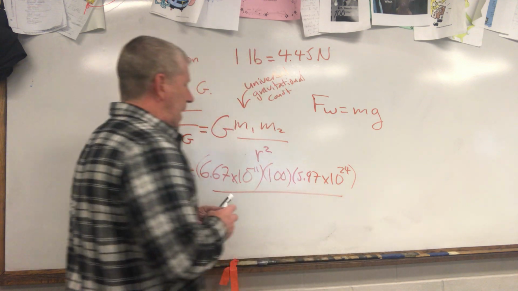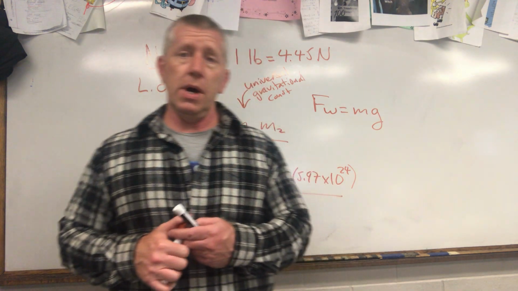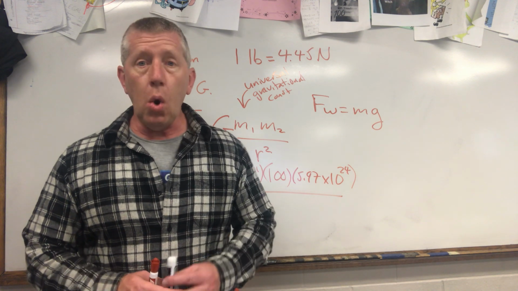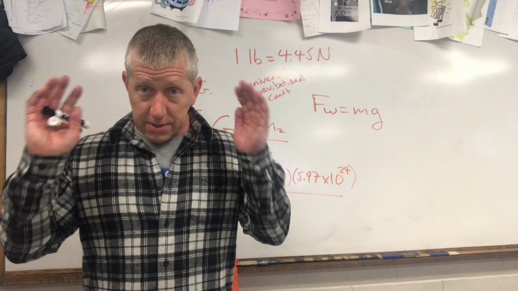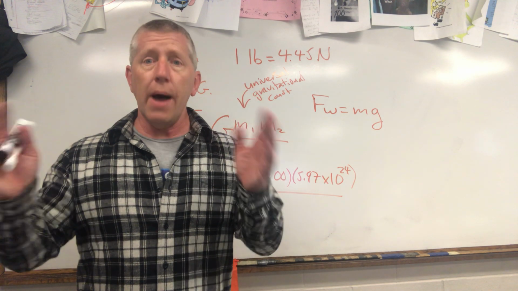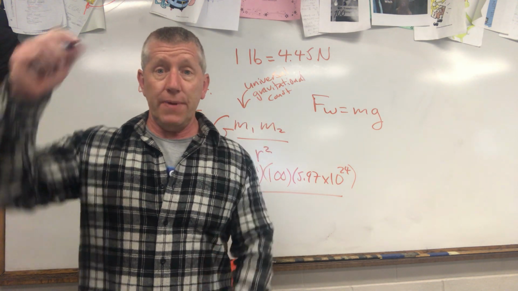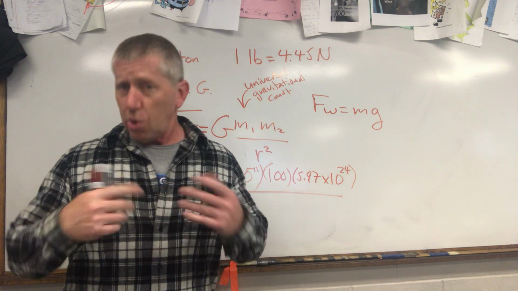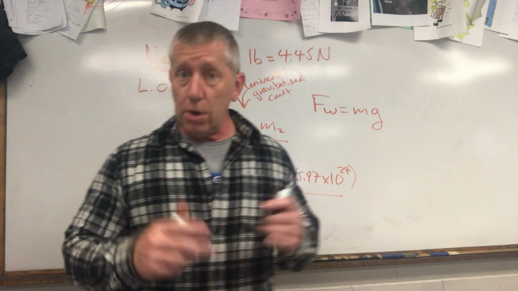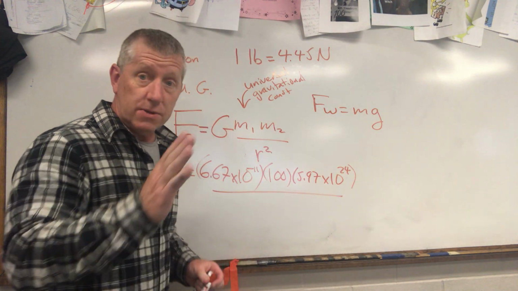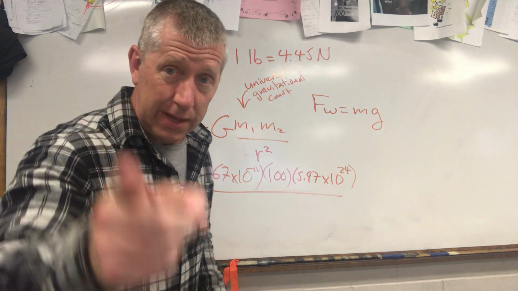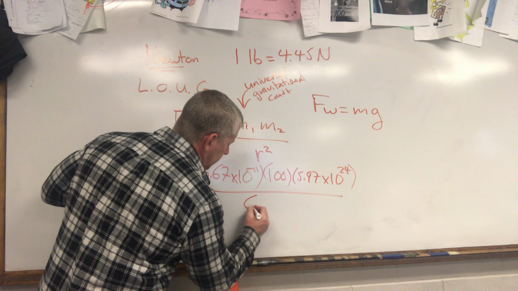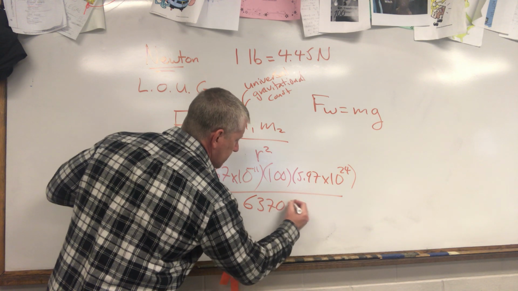Now, divide that by how far away Billy is from the Earth. Maybe a few meters from the surface of the Earth? No, from the center of the Earth. These distances are measured from the centers of the two objects. So we need to know how far Billy is from the center of the Earth. Assuming that Billy is in Manchester, New Hampshire, which is close to sea level, here is the distance to the center of the Earth. This is the radius of the Earth. Write it down. You're going to need this for many problems. The radius of the Earth is 6,370,000